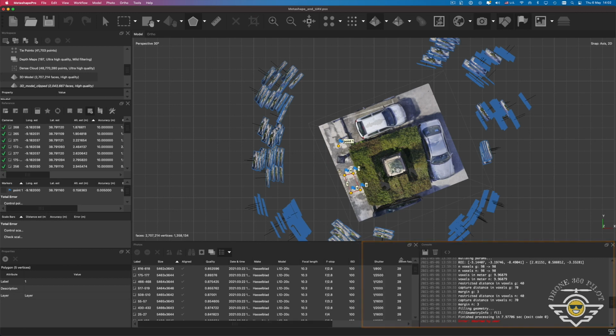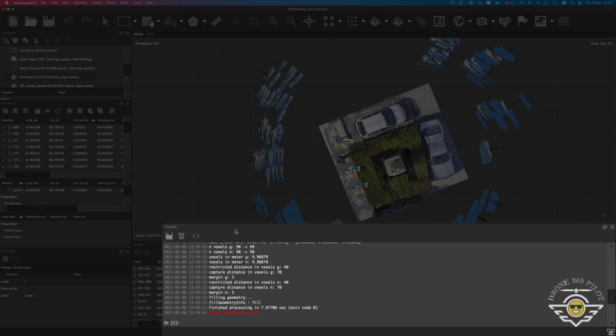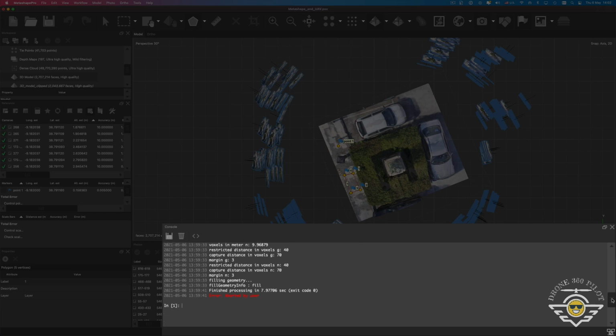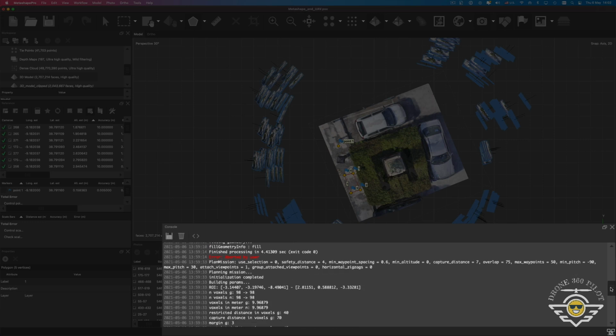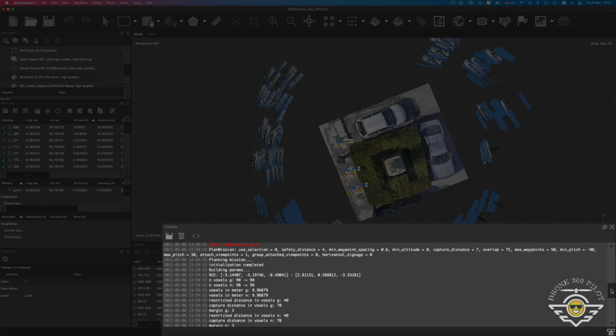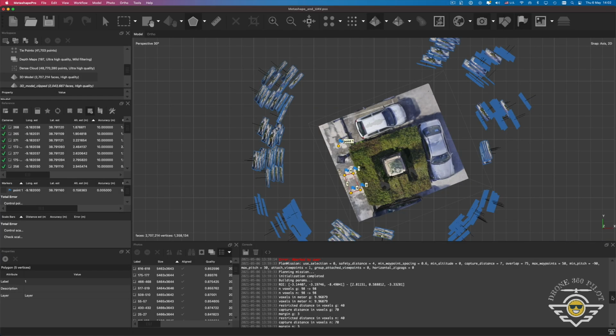Console panel. Console panel is used for displaying supplementary information during the model creation process, displaying error messages, Python commands input. In other words, it allows you to execute particular advanced commands inside Metashape by using a command prompt. By using Python script, we can execute some advanced commands that become very helpful for the export. Buttons located on the console pane on the toolbar allow save log in HTML, XHTML or plain text format, clear log, execute Python script. We will cover how to apply and modify majority of mentioned above settings in upcoming lessons.